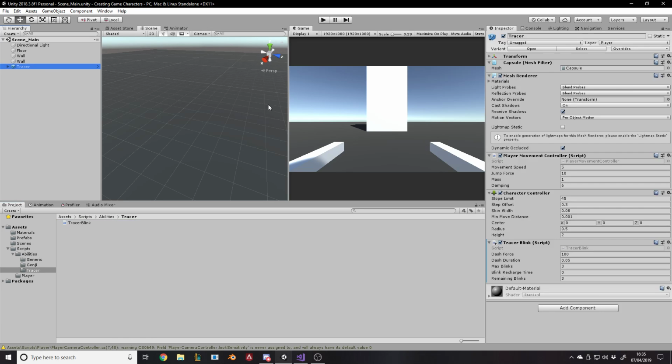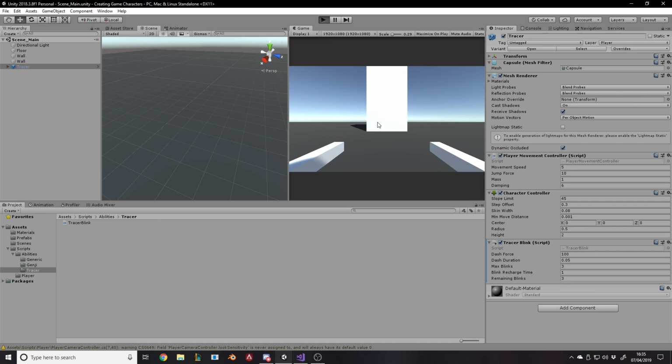Tracer blink. Yeah, it's gone now. Okay, so Tracer blink. Max blinks 3. The time it takes to get one back, we'll say 1 second. Now remaining blinks is there. I'm not going to touch it. That's just to show you that it works. So now,